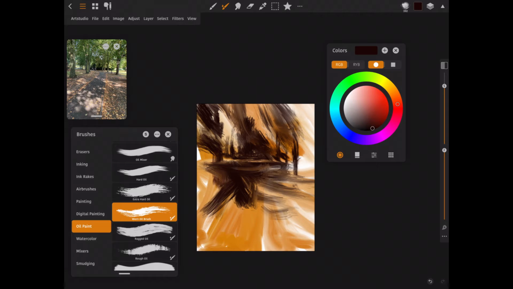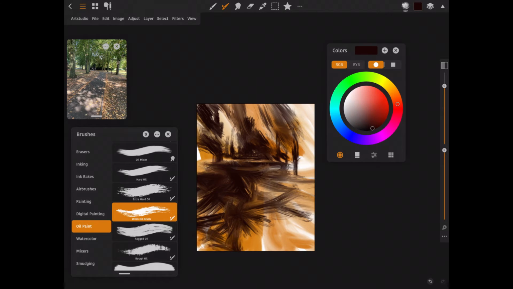as I'm painting. You can see I'm painting in all of the shadows and things, just going in with this dark colour still, trying different brushes. Right now I'm using the worn oil brush, and there's some really nice brushes. The one criticism I've really got is when you come to size them,